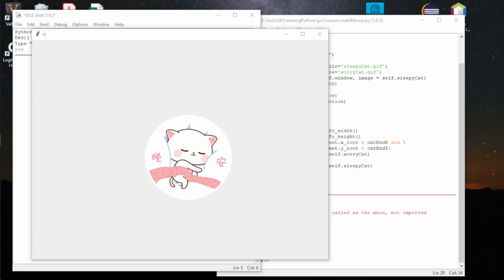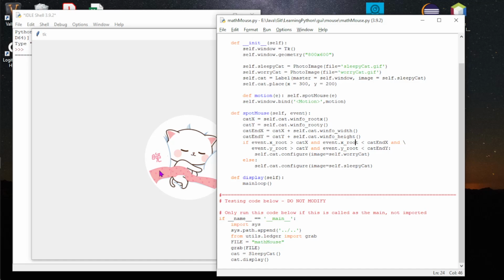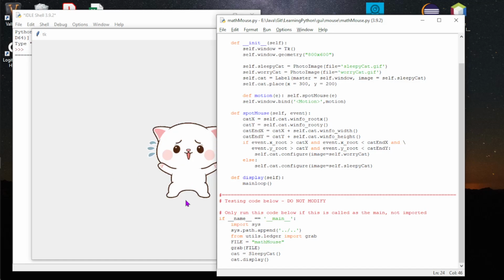All right, so we have our kitty waking up. I've actually taken out all the print lines here, so if you want to do that, clean up your code and move from there. But how do we make the kitty move? Well,